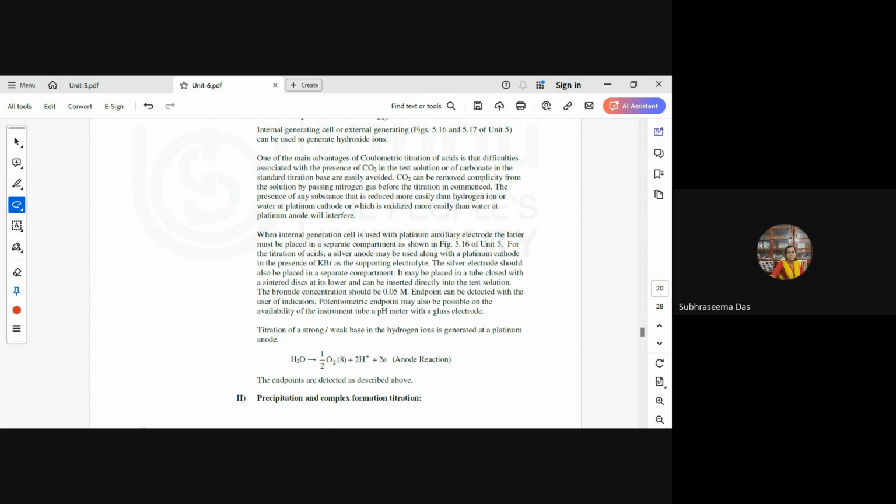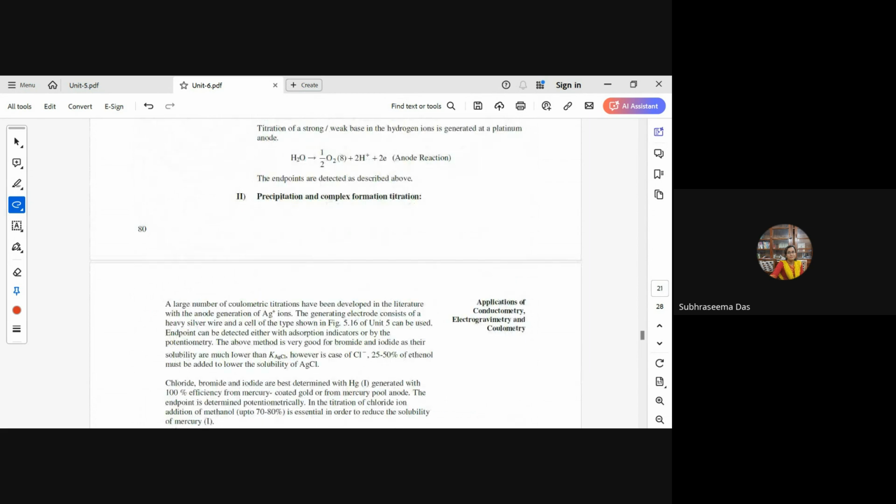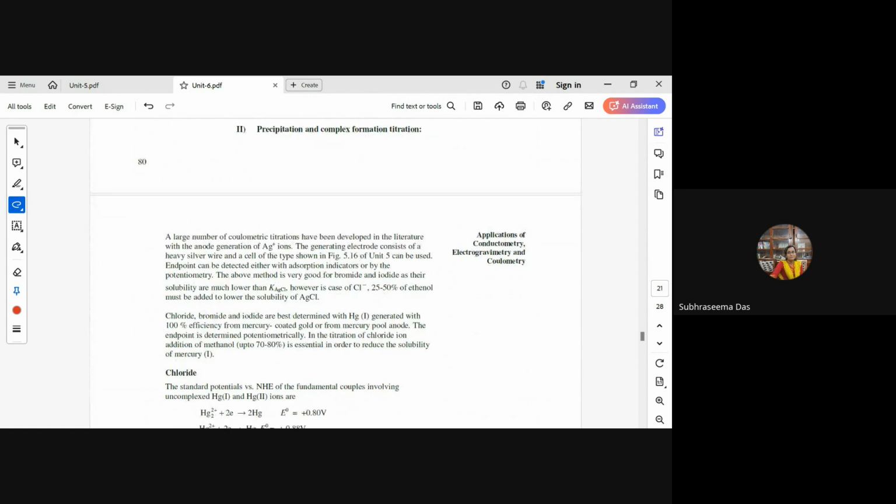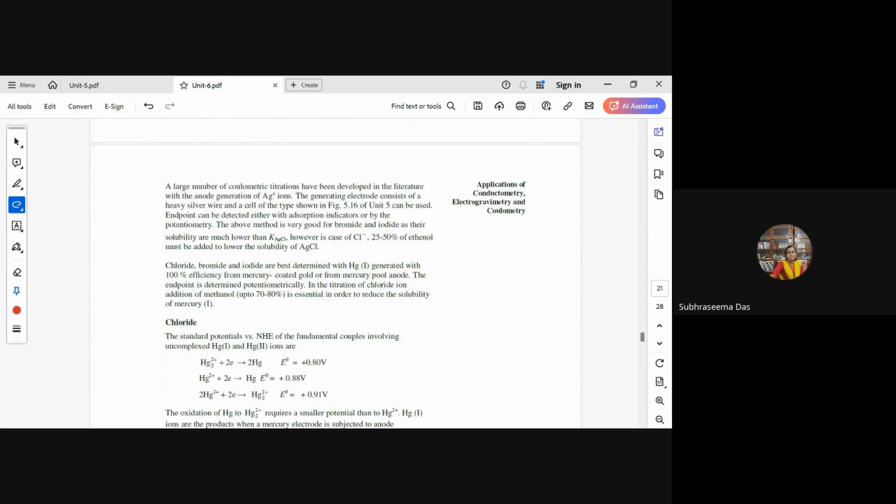coulometric titration. So here, in the titration of a strong acid and weak base, hydrogen ions are generated at a platinum electrode. For precipitation and complex formation reactions, a large number of coulometric titrations have been developed in the literature. The generating electrode consists of a heavy silver wire, as shown in unit 5 of this study. The endpoint is detected mostly by adsorption indicators, that is by color, by spectrophotometer, or by potentiometry,